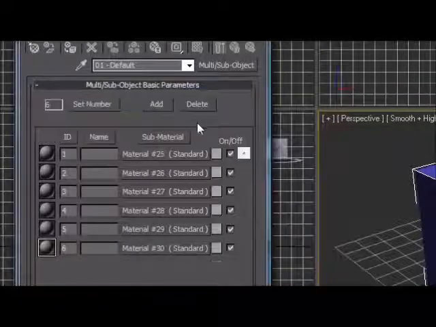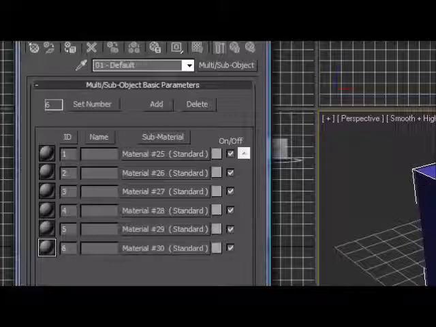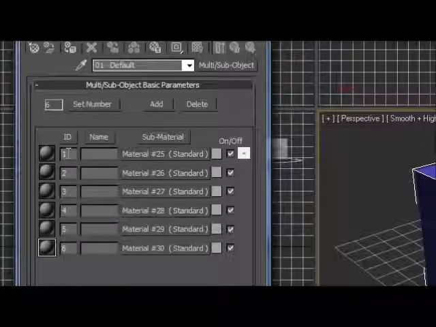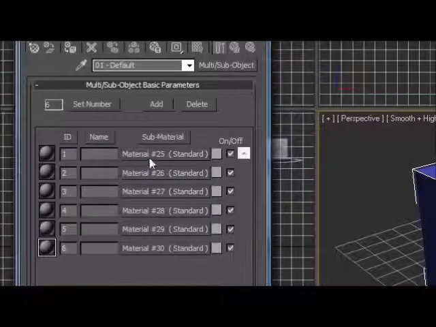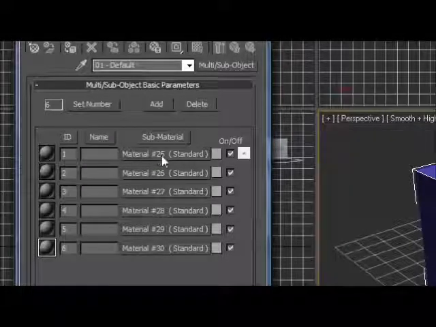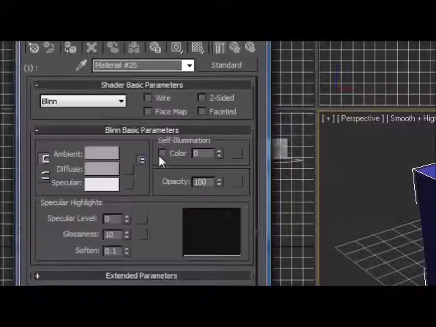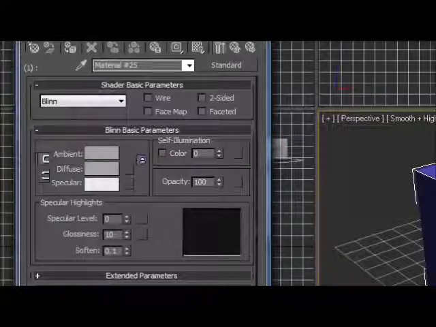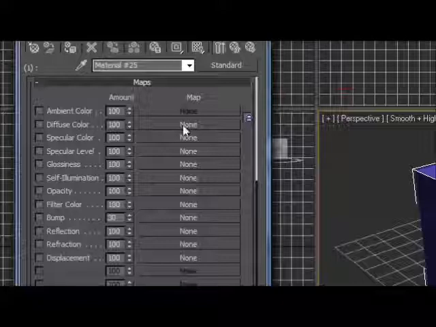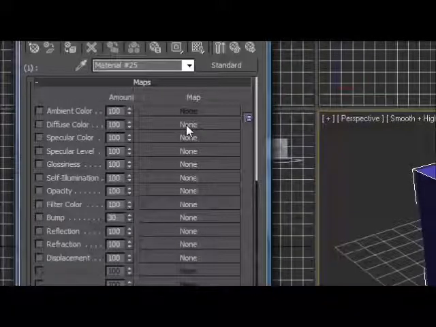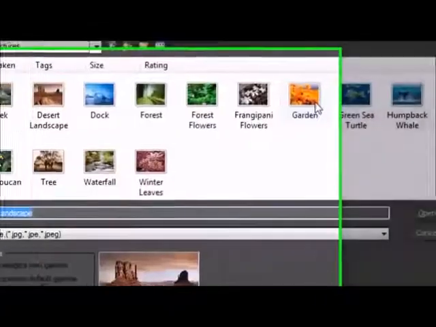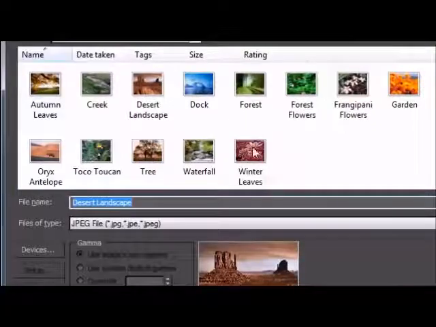Even though we're only going to be working with 3, put 6, because if we decide to go on, this cube has 6 sides. Now this ID number 1, remember that's this face right here. So we're going to change this material from standard to an image. So click material number 25 Standard, and now we get to choose our material for this. We actually want to choose an image for this, so click on Maps, then click Diffuse Color None, and remember diffuse color is the main color or image. Click None, and then we want to put a bitmap on this, so click Bitmap, and let's just go with Autumn